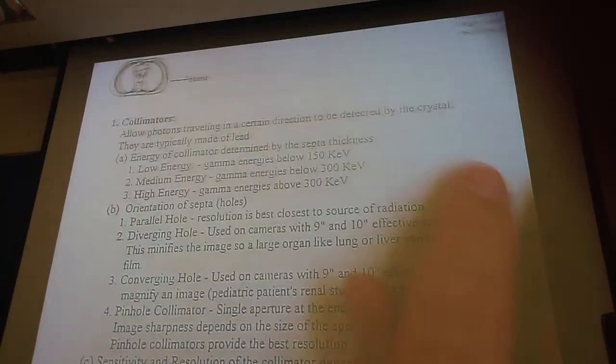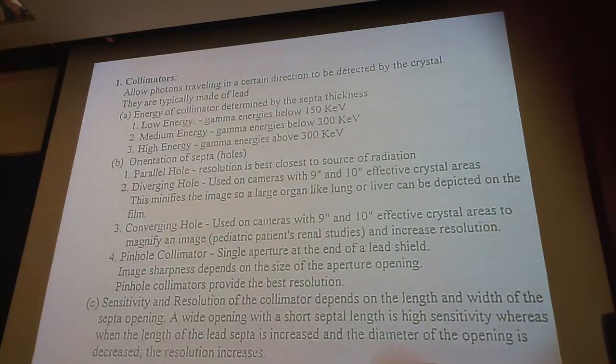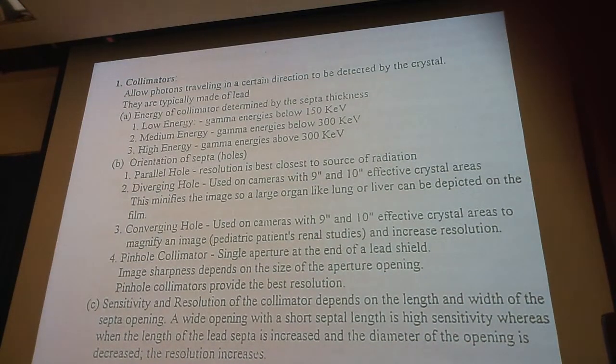Okay, so what we're going to start out with first is, since the collimator is the first thing that the radiation interacts with,